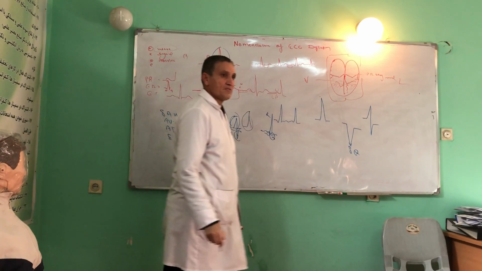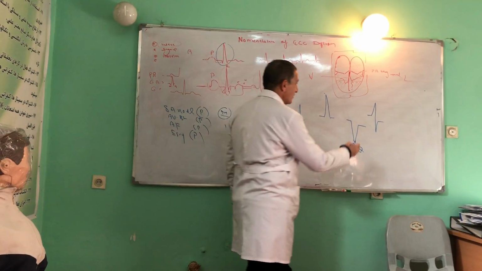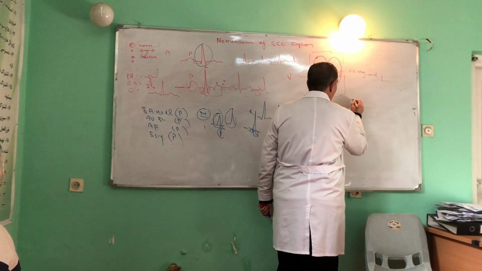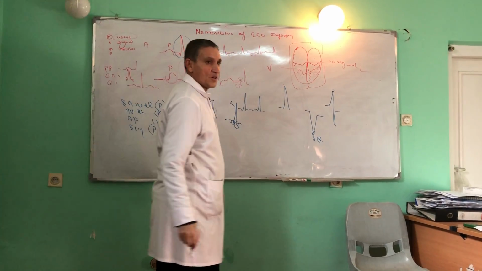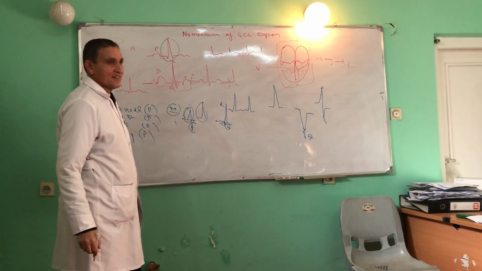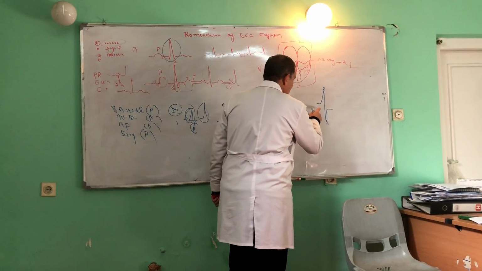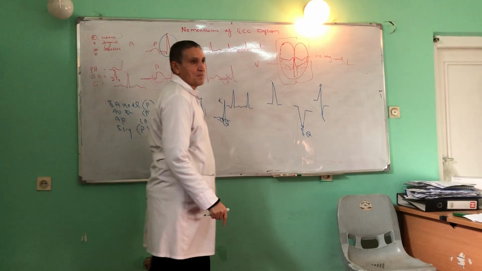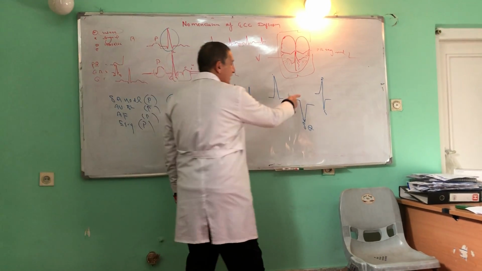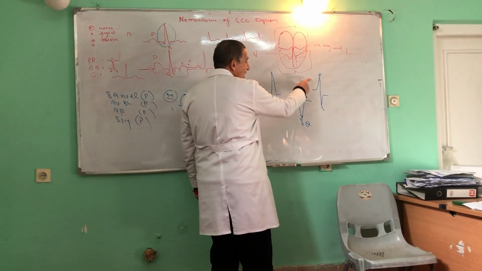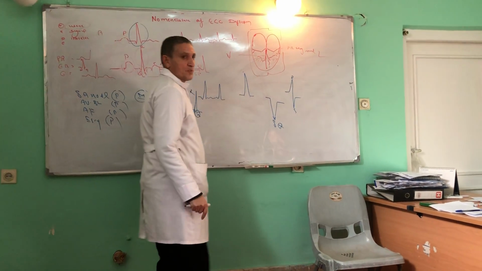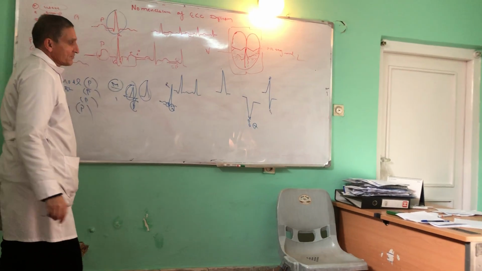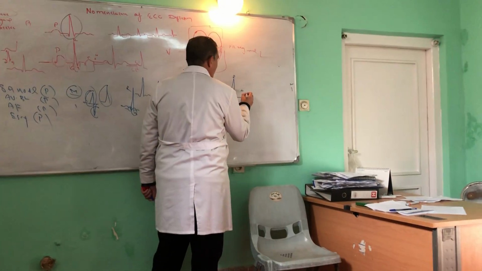Now you should assign first. We don't have a Q wave; this is the R wave, and this is again the S wave. What kind of QRS complex is it? This is a positive QRS complex. Why is it positive? Because the R is greater than the S wave, or the R is predominantly larger than the S wave. So this is called a positive QRS complex.